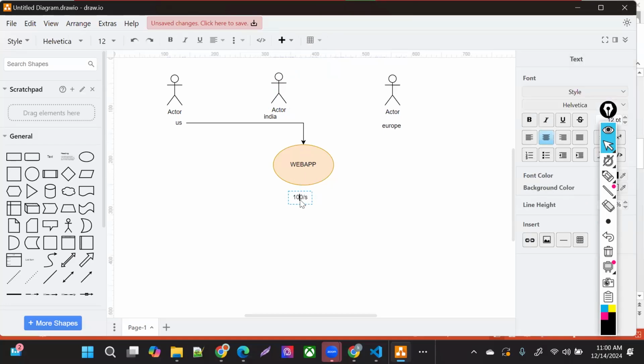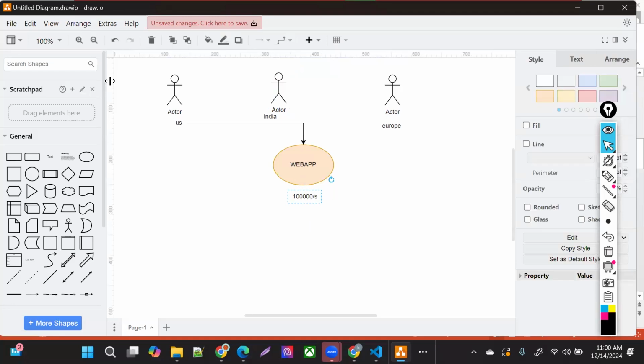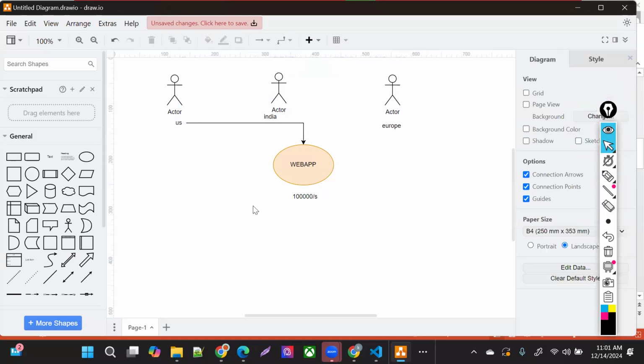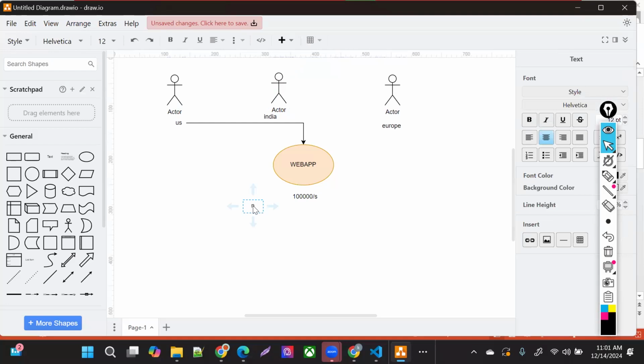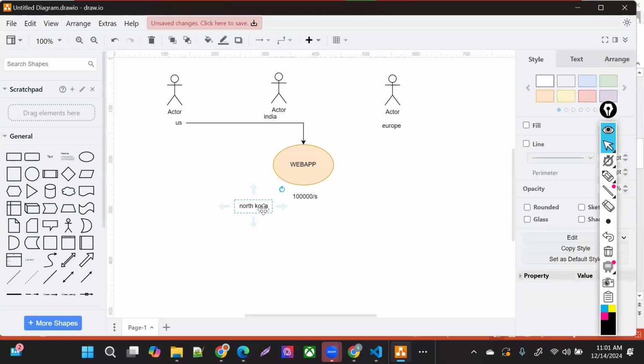Now, what happens is that all of a sudden, instead of 100 requests per second, I'm seeing 1 lakh requests per second, or 100K requests per second, on my web app. And the requests are not only originating from the US, India, and Europe. I'm also seeing requests coming from North Korea, for example, or Russia or some other location, which is not expected.